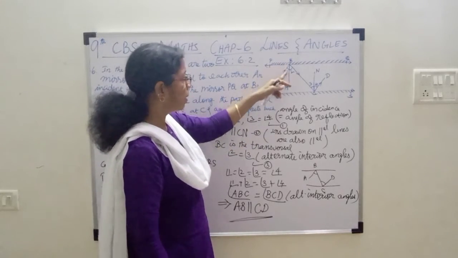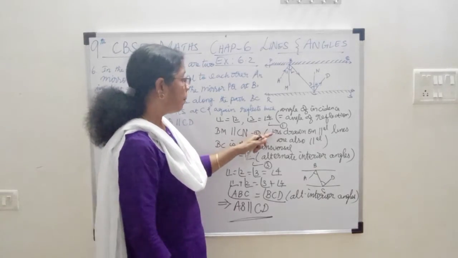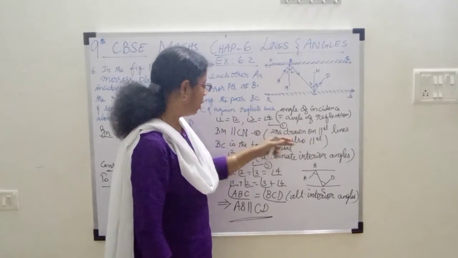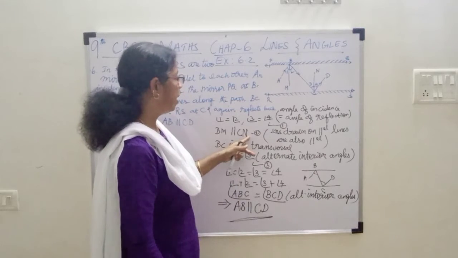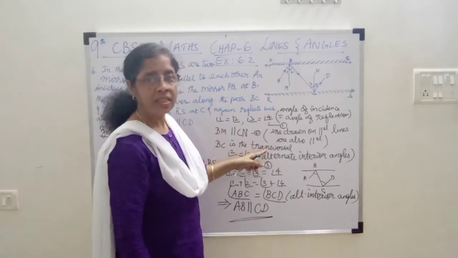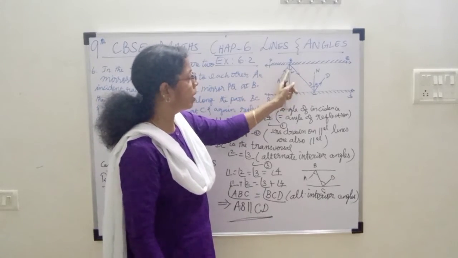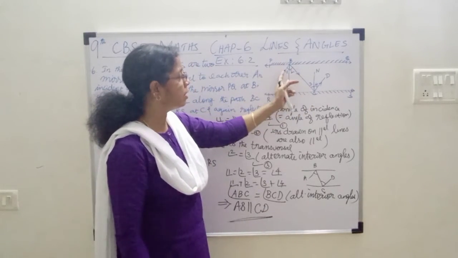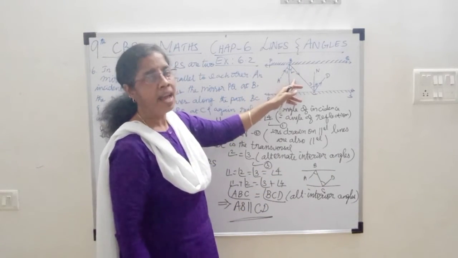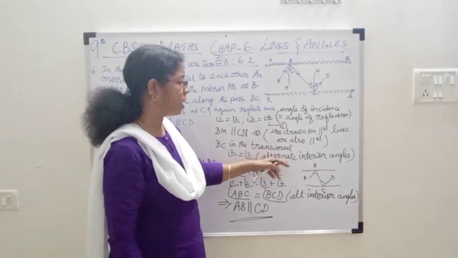Now I said that BM is parallel to CN. Why is BM parallel to CN? Perpendiculars drawn on parallel lines are also parallel. So BM is parallel to CN. Now these two are parallel lines, and BC will be considered as the transversal. You have two angles, angle 2 and angle 3. If you have a line like this, one on this side and one on that side, those are alternate interior angles. Those two are equal. Angle 2 is equal to angle 3 because they are alternate interior angles.